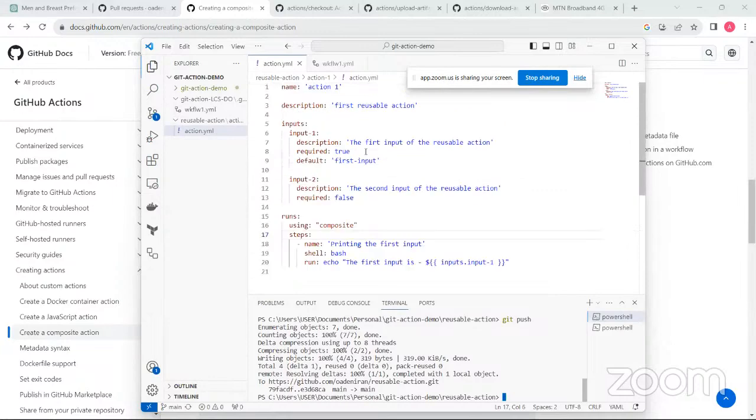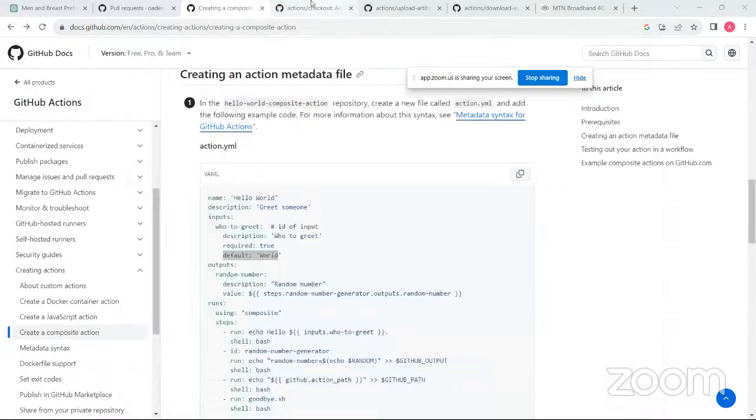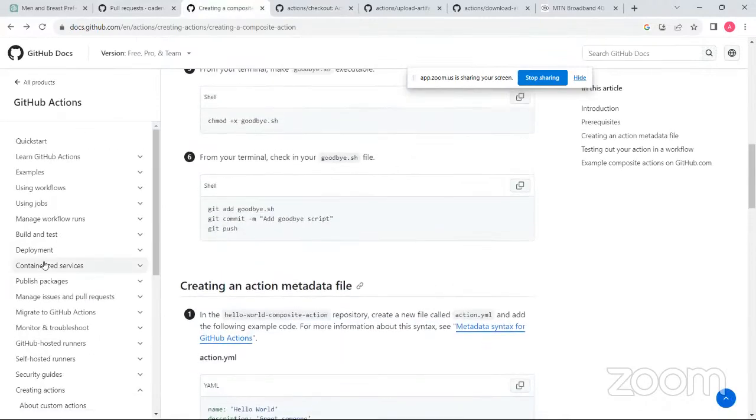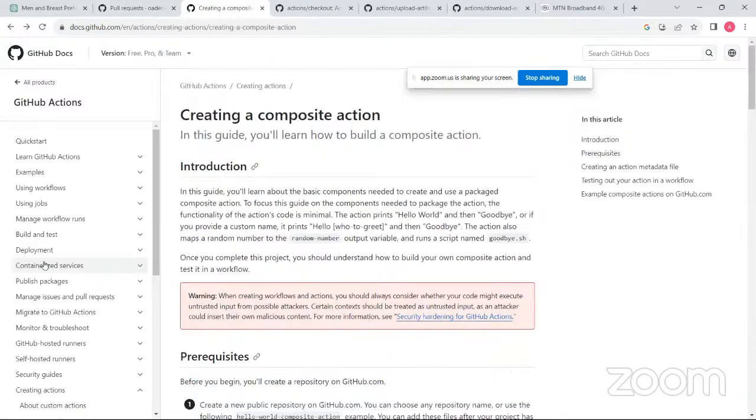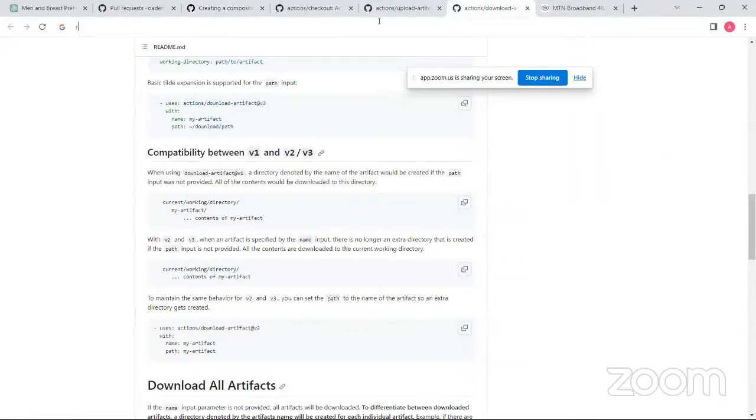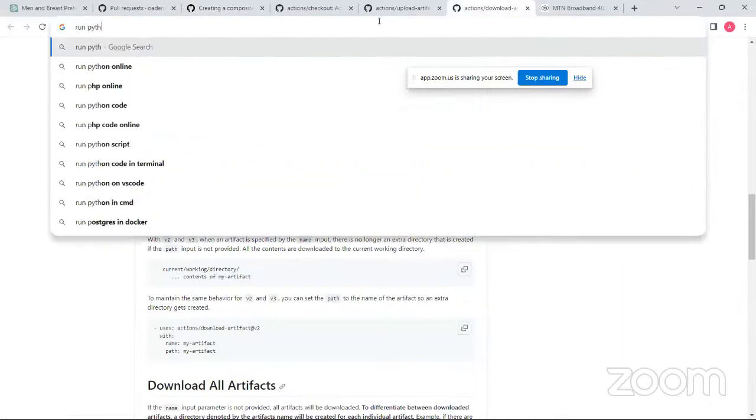So basically, that's everything about actions. All you have to do is ensure that you're able to work with this documentation. Once you have this documentation, you are good to start creating your action for anything that you want to think about. Even one Python code, for example, let me just say off the top of my head now, one Python code in GitHub